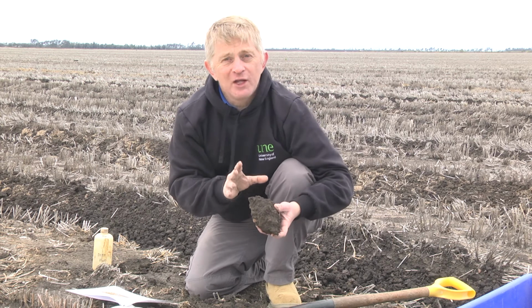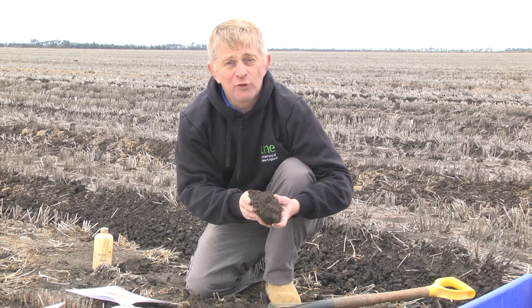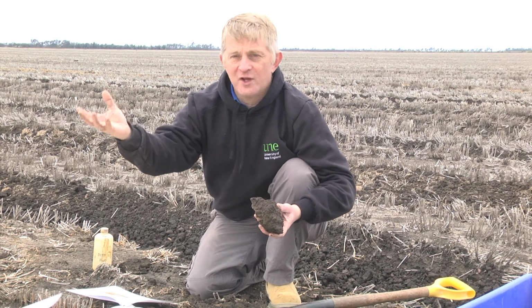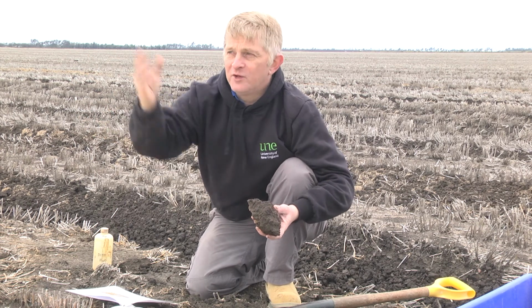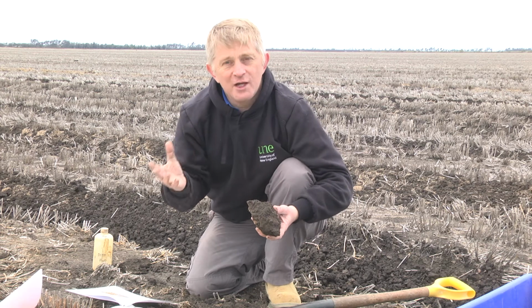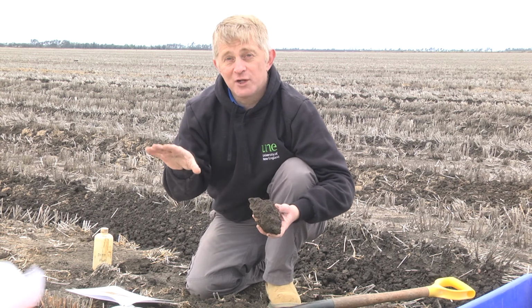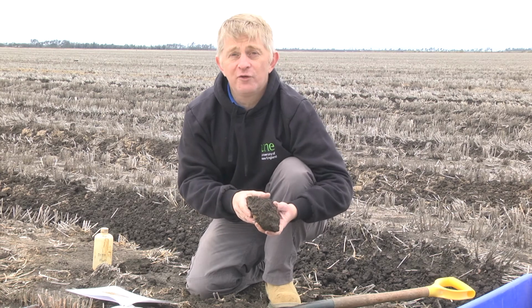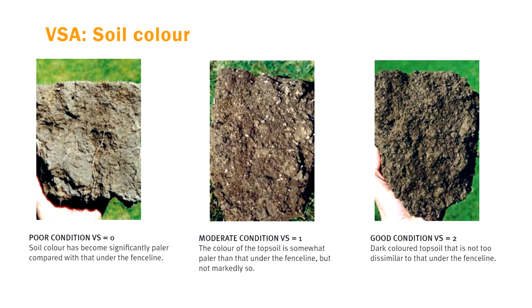Another aspect we can look at during this stage of the assessment is the colour of the soil. Now, the idea here is this is where you're supposed to compare it with a piece of fence-lined soil or a piece of tree-lined soil. Tree lines often aren't great because the soil type's generally different from what we have in the field. Fence lines are probably more indicative of what's in the field, and the thinking behind this is it helps us capture that idea around soil carbon.